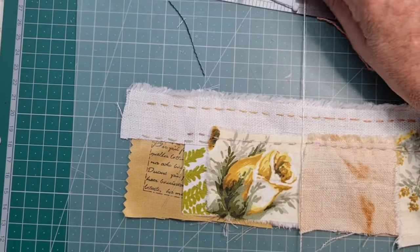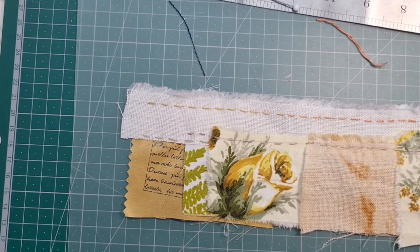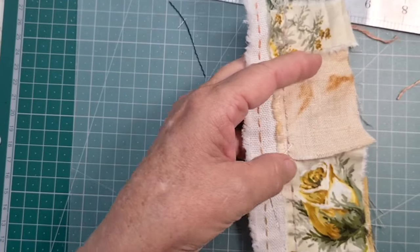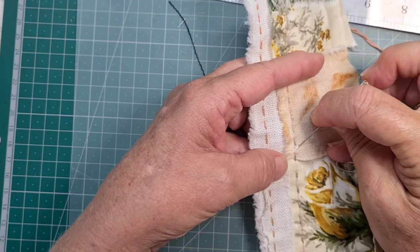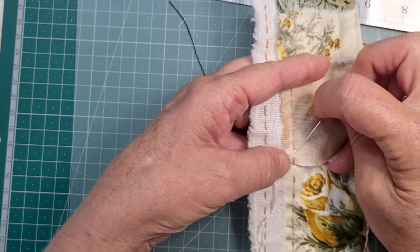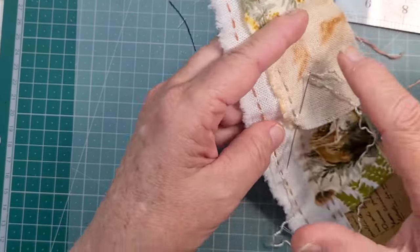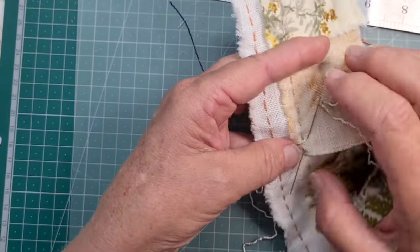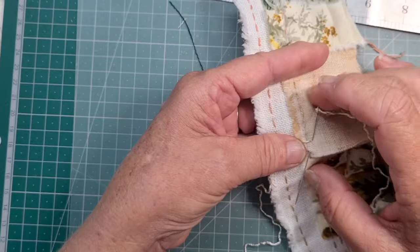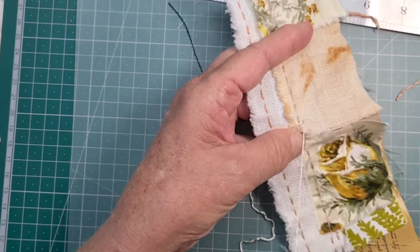Look at that one. This is the one I'm reusing. See how it's all crinkly, but I liked it, so we might do a little bit of decorative stitching. And I'm going to do a chain. Needle comes up, you hold this thread out the way, and you go under and bring it up inside this loop. So when you pull it,